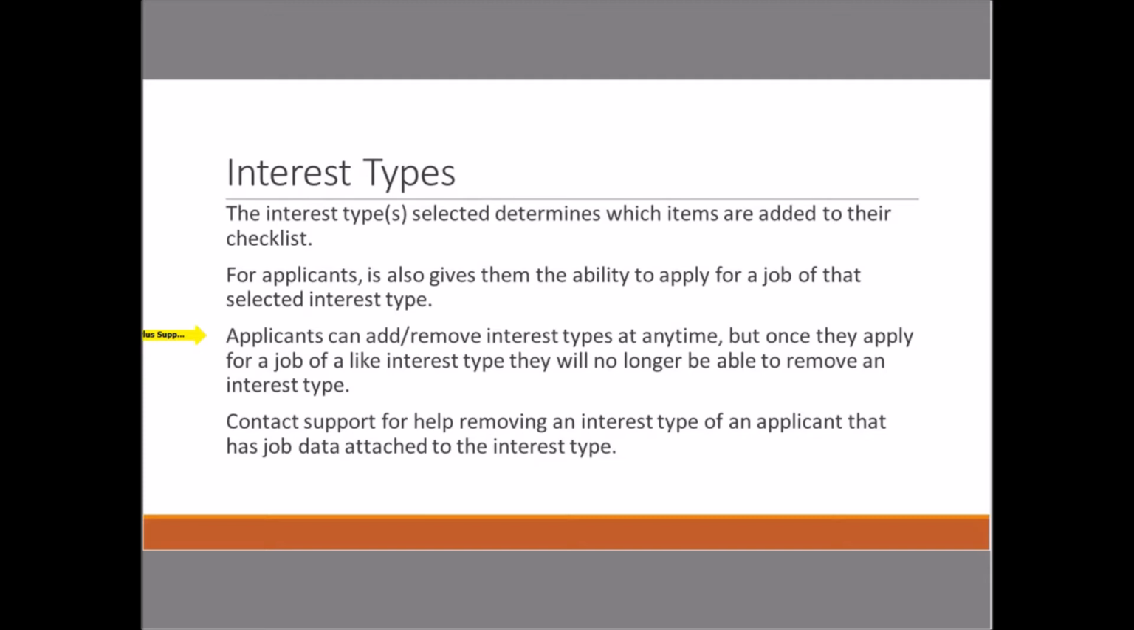Okay, so questions about interest types? I know it's kind of boring, but